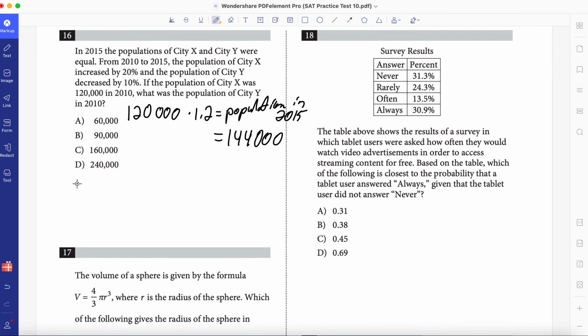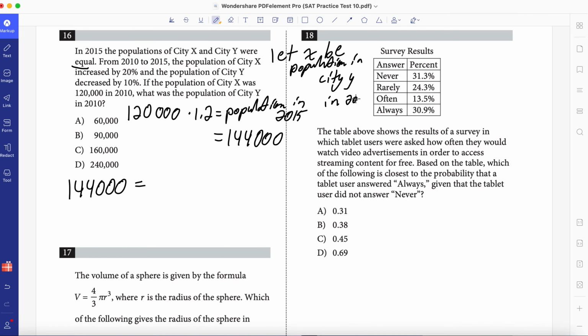So this is in terms of city X. Let's move it to the terms of city Y. So we know that the population in 2015 of city Y is equal to the population in 2015 of city X, because it told us right over here. And we also know that the population in 2015 was 144,000 people. And then let me define this variable, let X be the population in city Y